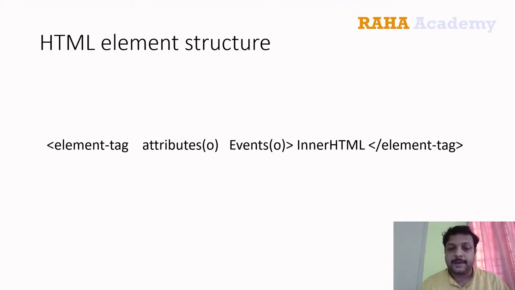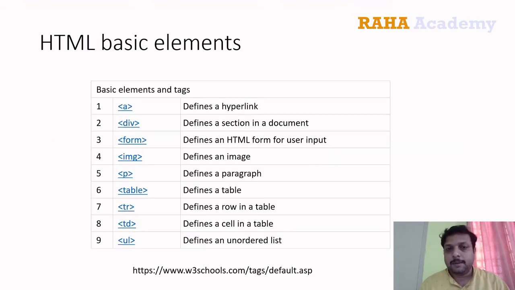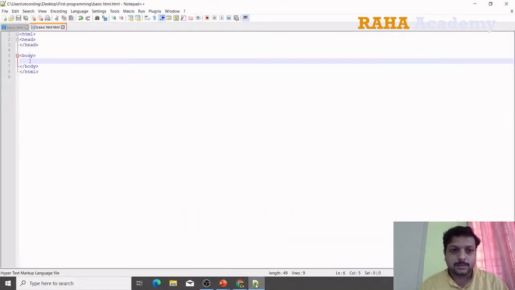Now there are many element tags which you will be seeing in the next slides. Then we'll go and talk about the optional elements like attributes and events. HTML basic elements are like, you have a hyperlink. So clicking on this one, it takes you to a different page. So here we'll add